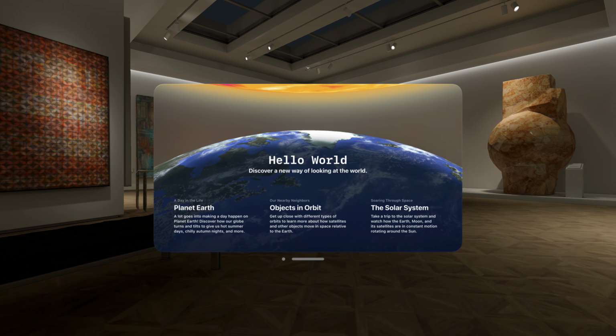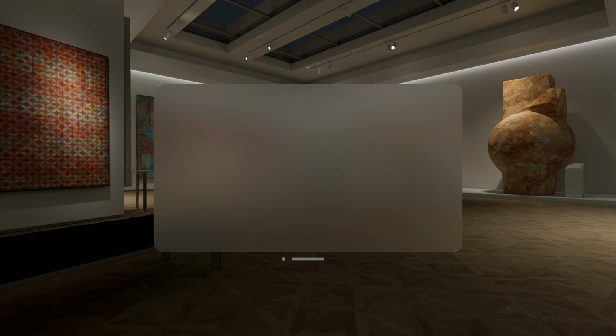To help answer that question, let's break down the structure of a window into its building blocks. Windows on the system start with a beautiful glass background, keeping people grounded by letting your surroundings show through while keeping your app's contents easy to see. Within my window, I can use the same navigation containers that I'm already familiar with on other platforms. For example, I can use a tab view to organize my app into several top-level components, displayed on the leading edge of my window. I can also use navigation stacks and split views to help organize my app's hierarchy and display rich information, following a similar structure as iPadOS.